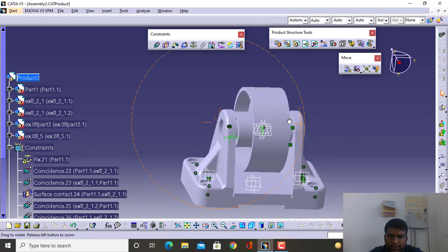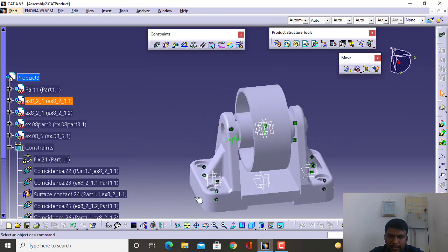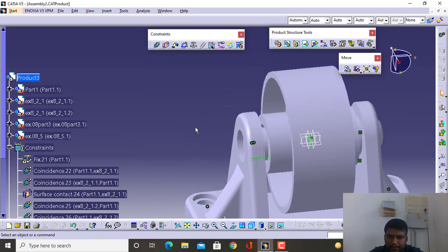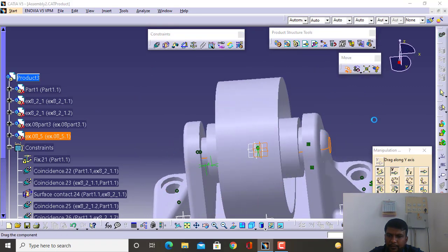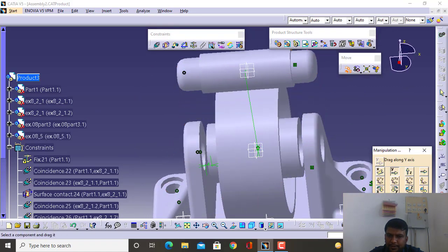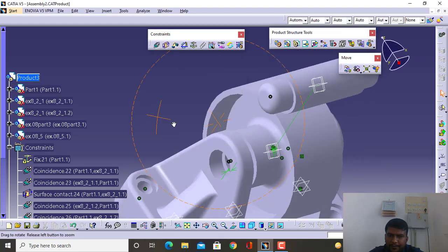And how can we stop the rotation? That we need to think about. Again we can move the part and we can try out different constraints to stop the rotation on this particular part.